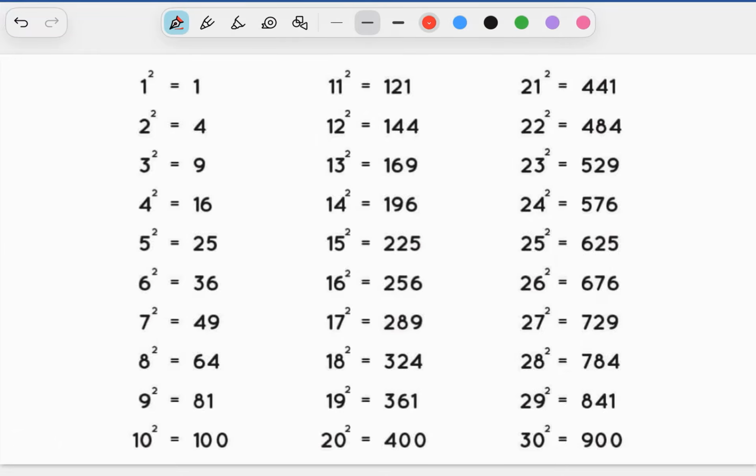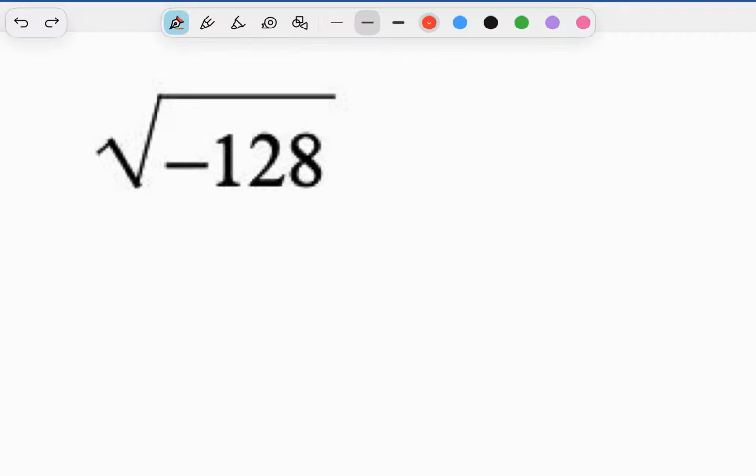So we look at 128. I don't see it. I see 121, 144. So I don't see 128 on here. But 128 is just 64 times 2. So we can break up 128 into 64 times 2, right? So let's do that. Let's break this up. This is equal to